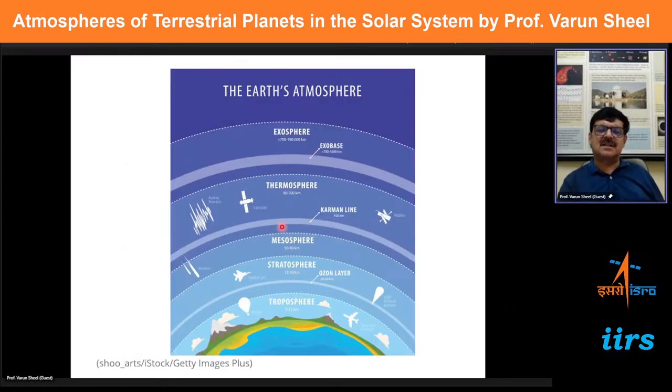So just as a cartoon, I've shown you here that when you have the different layers in the Earth's atmosphere, different kinds of phenomena exist. You would have balloon flights and airplanes flying here, and then you have the stratosphere and mesosphere, with lots of meteorites coming in, and the satellites fly much higher up. This entire structure is again dictated by the temperature structure, and different kinds of phenomena are occurring in each of these layers.